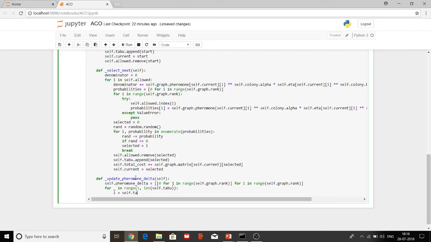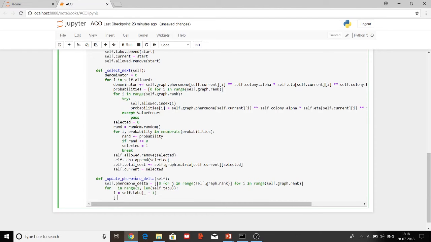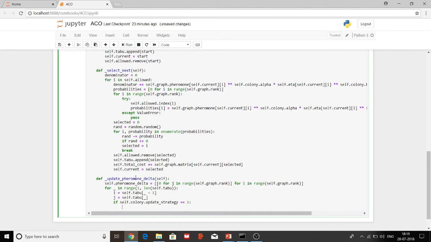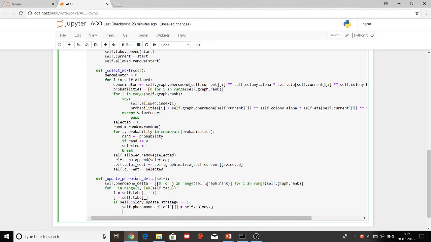So type i equal to self.taboo[_ - 1], next j equal to self.taboo[_]. If self.colony.update_strategy equal to 1, the ant quantity system: self.pheromone_delta[i][j] equal to self.colony.q,